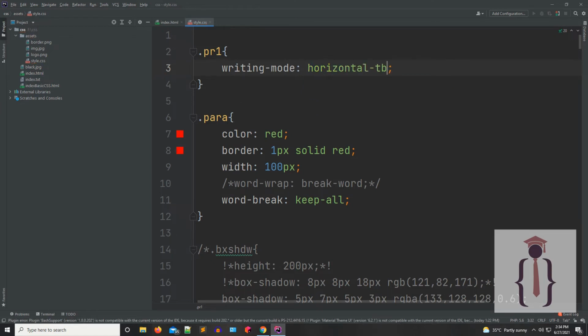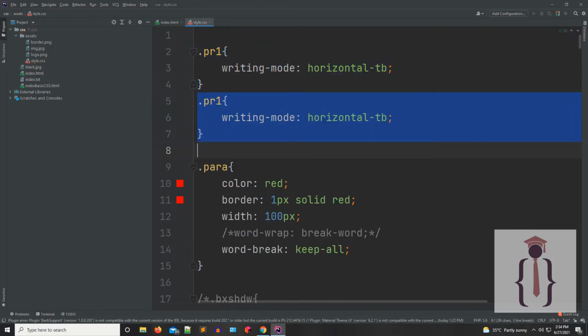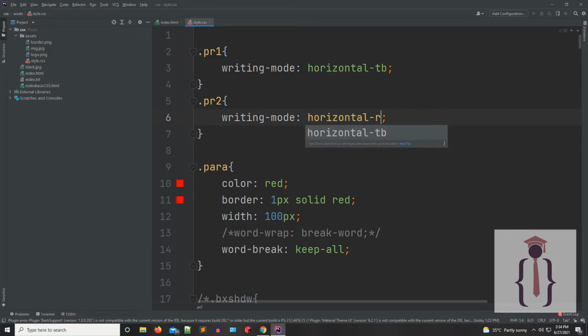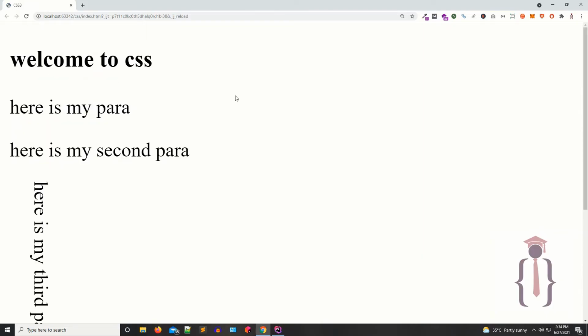Okay, and for the second para I'm going to use another syntax, like this is my second para. I'm saying right to left. It's vertically, left to right, right to left. Go to the page, refresh the page. So now you can see,